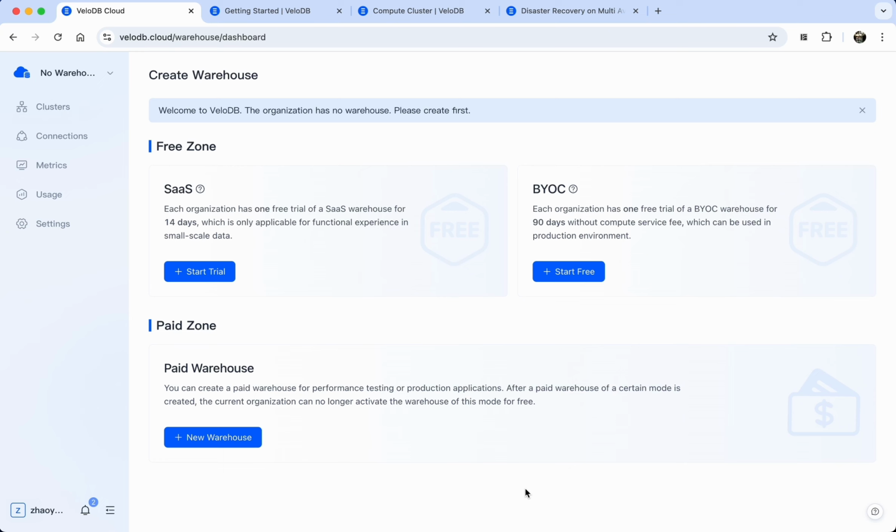VeloDB Cloud has two deployment options, SaaS and BIOC. For SaaS deployment, it provides fully managed service out of the box, which eliminates the need of maintaining underlying infrastructure and avoids excessive investment in tasks like resource management, security control, daily operation, etc. It is more suitable for customers who want to focus on developing data applications rather than operating and maintaining a